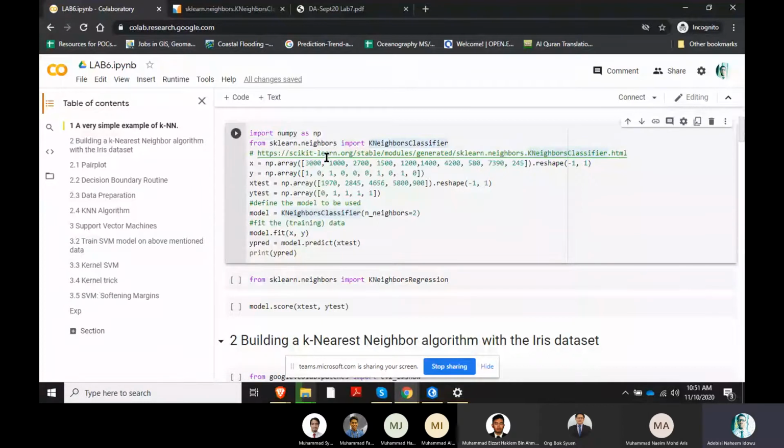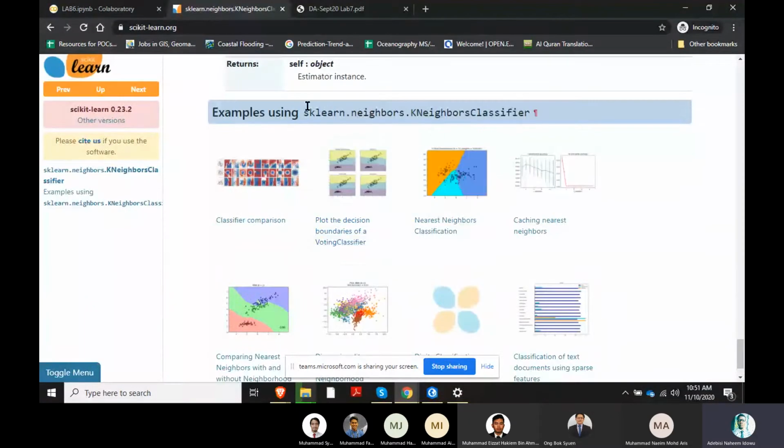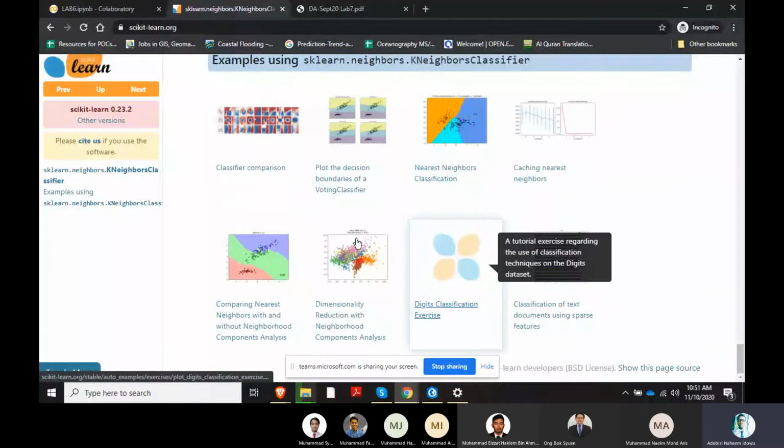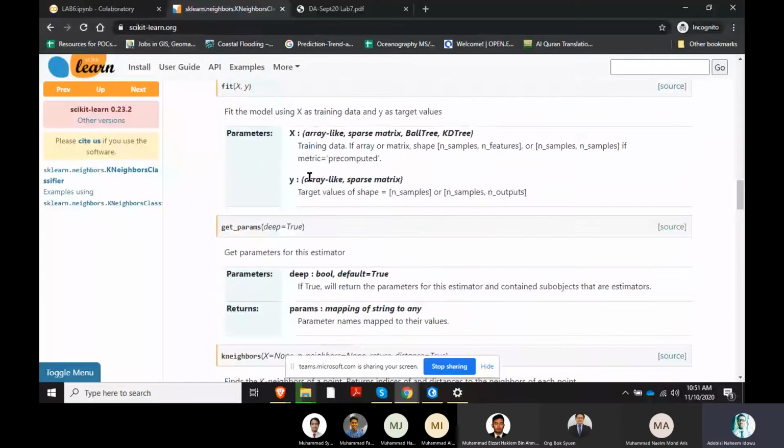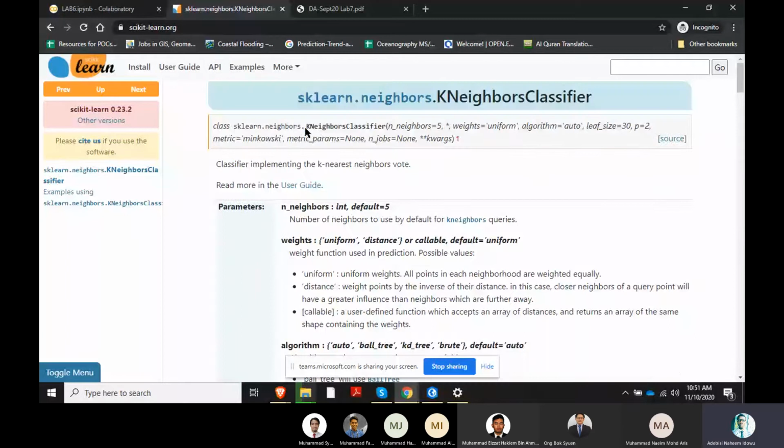You can read more about this classifier on this web page in scikit-learn. If you go there, you see some examples where they use k-nearest neighbor classifier for classifier comparison and other things, so you can check that. But basically, when you want to use it, just call it, and there are some things you are going to pass to the model, like the n_neighbors, because the idea of